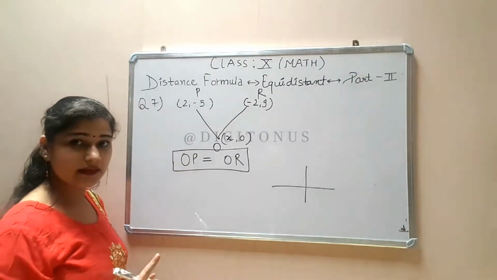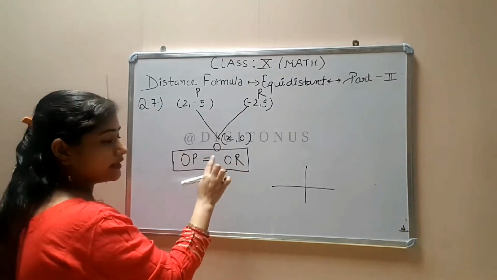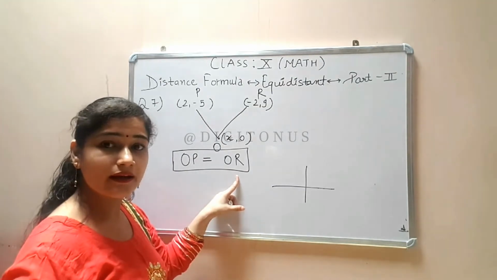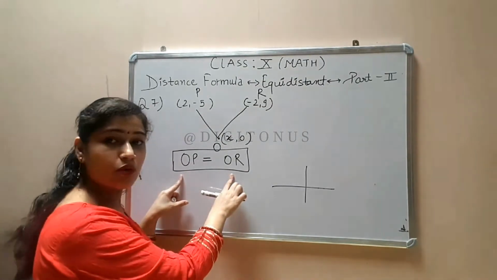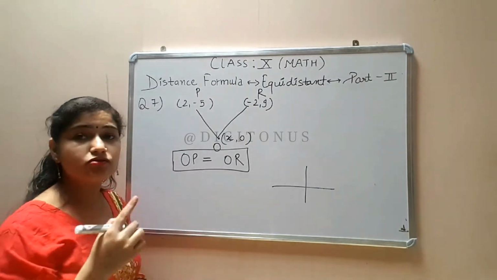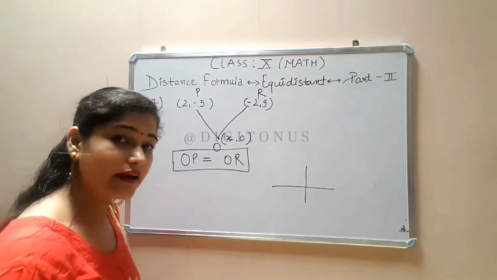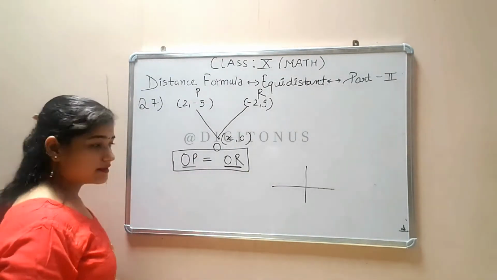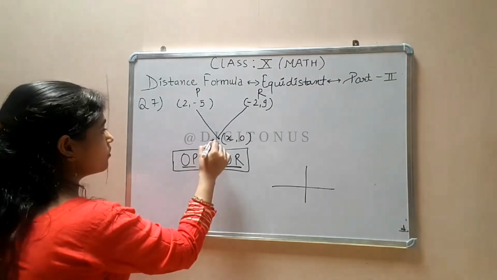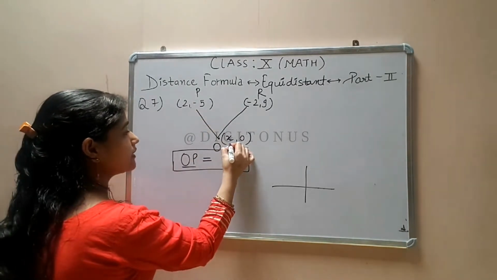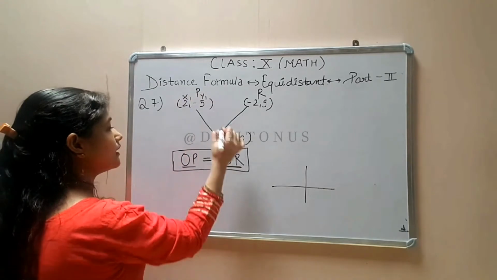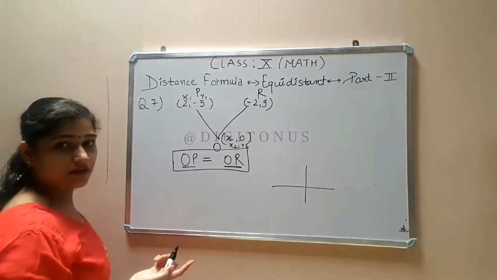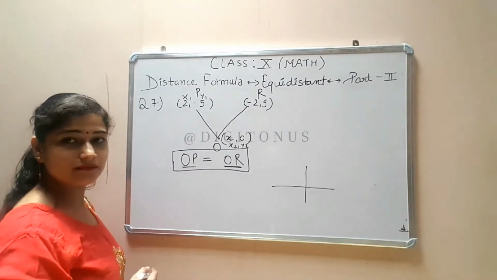Okay, इतना clear है? OP और OR equal हैं और दोनों distances हैं, तो हम दोनों ही जगह क्या apply करेंगे? We will apply the distance formula on both sides, but only the values of x1, x2, y1, y2 will be different, and the values will be according to these 2 names. Clear? So first come to OP. In OP, I am taking this as x1 y1 and this as x2 y2. Now you apply the distance formula. We applied it in the first part in the previous video.